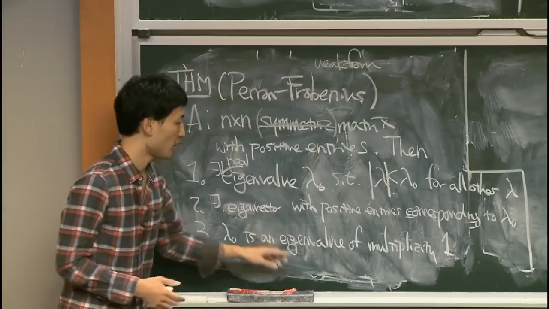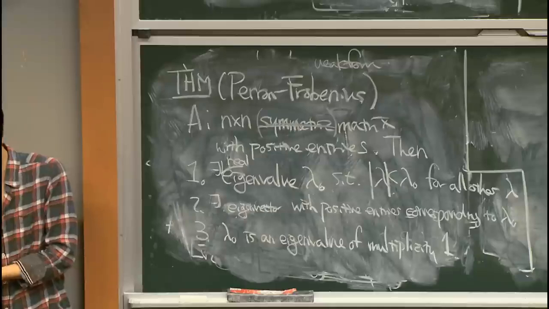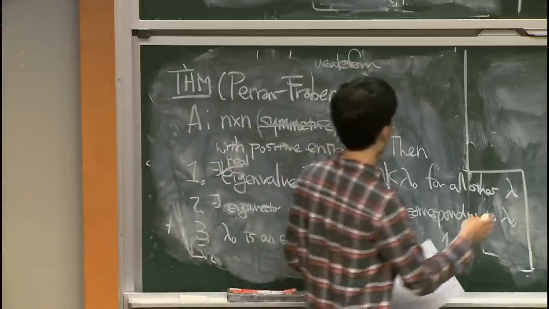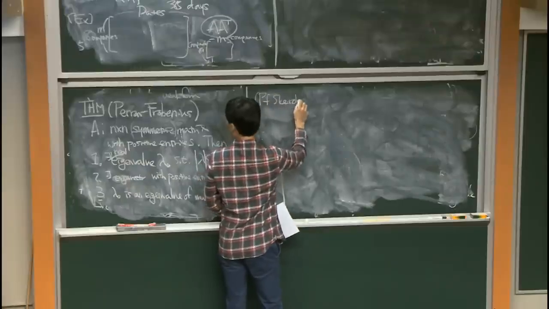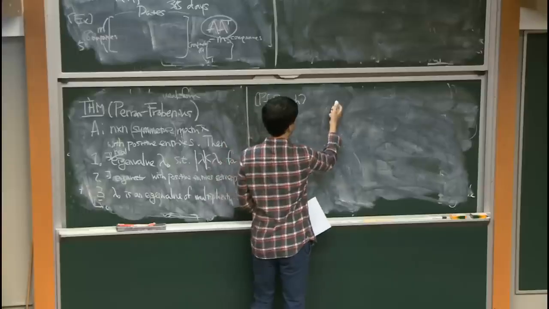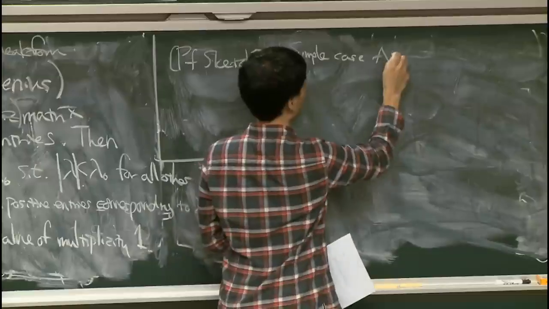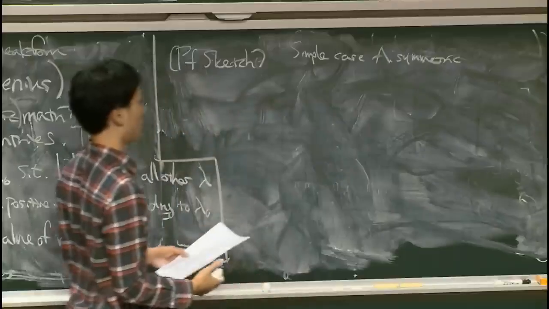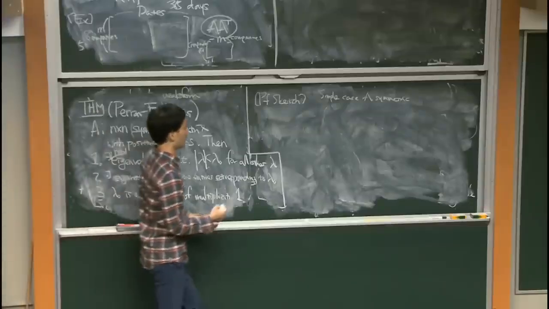Okay. So let me just give you some feeling of why it happens. I won't give you the full detail of the proof, but just a very brief description. Sketch. When A is symmetric. Just the simple case. A is symmetric. In this case, this statement, okay, if you look at it,